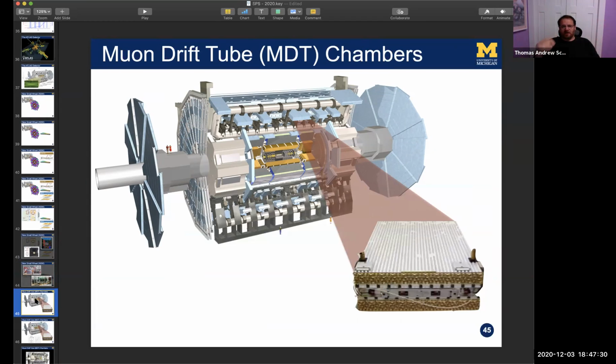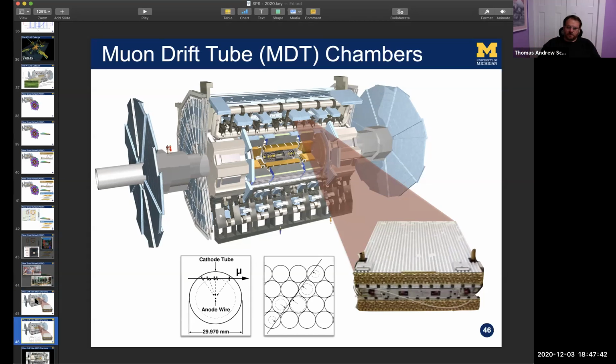And so we're building a bunch of new detectors like you see in the lower right-hand corner. On top of that, we're replacing all the electronics associated with this. These devices are simple. They're just gas filled. There's a wire that goes down the middle and a voltage from the wire to the outside. When a muon goes through, it ionizes the gas on the inside, and that's picked up by the wire. Then based on which tubes and where it hit, we can figure out a nice cute track that goes